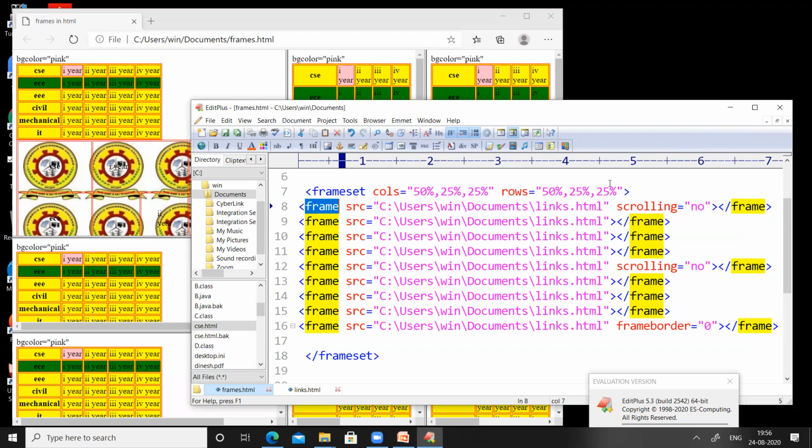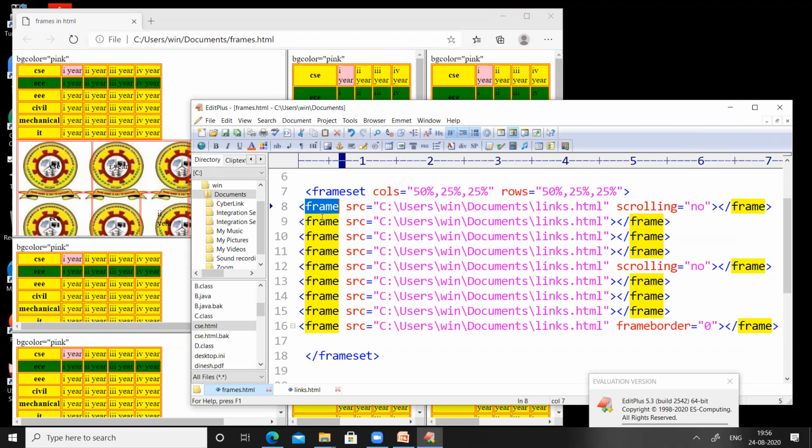Total 9 frames can be inserted in the web page. So we have to provide 9 frame tags in order to insert 9 frames in different locations of the web page. The first frame tag will insert the HTML document in the first frame, the second frame tag will insert the document in the second frame, and similarly, the 9th frame tag will insert the document in the 9th frame.